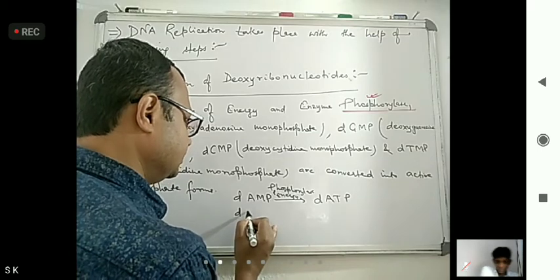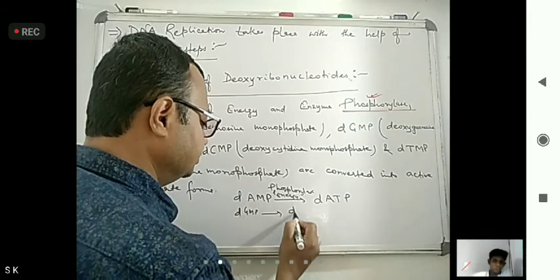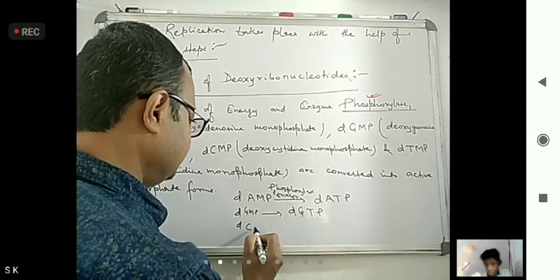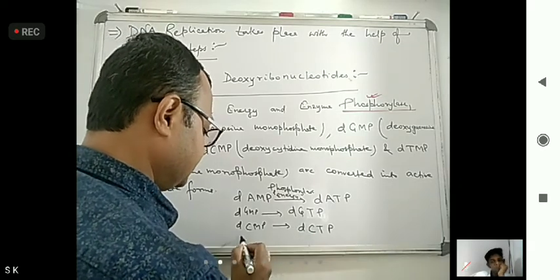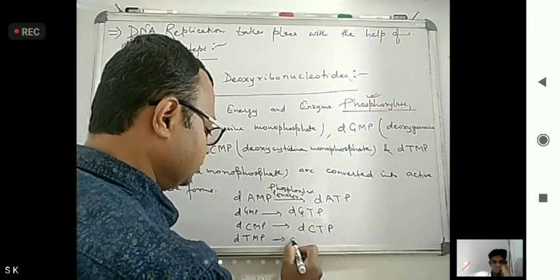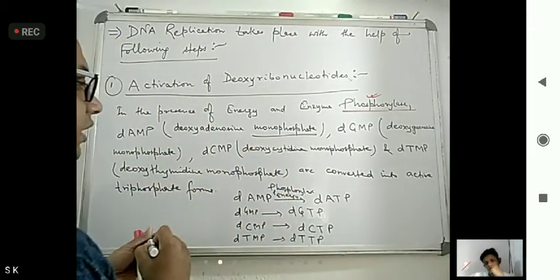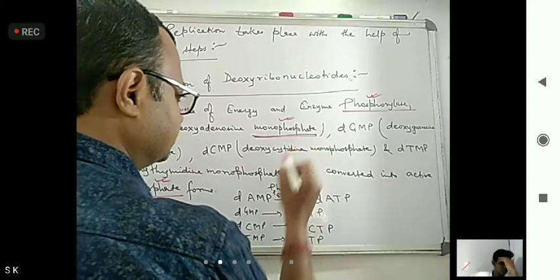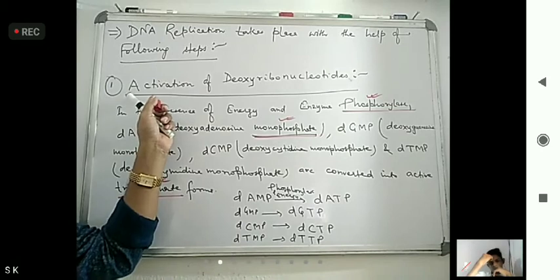Second, dGMP is converted into dGTP, triphosphate. dCMP is converted into dCTP. dTMP is converted into dTTP, which means monophosphate is converted into triphosphate in the presence of phosphorylase, and that process is known as activation of